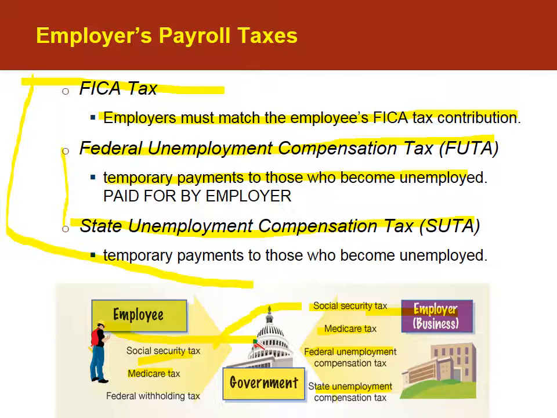So, employer payroll taxes and employee taxes withheld are current liabilities of a business, as well as accounts payable and accrued liabilities. We'll discuss a few